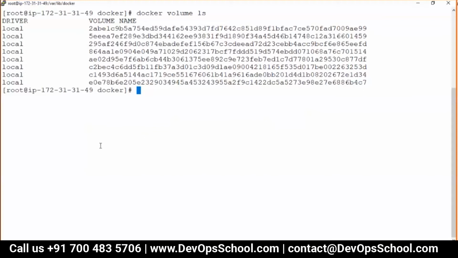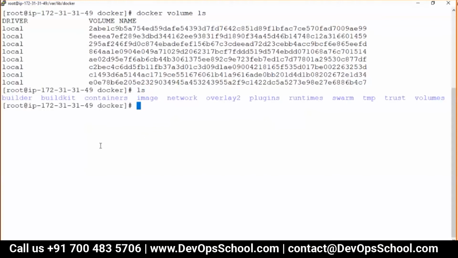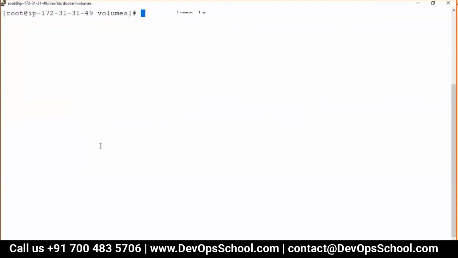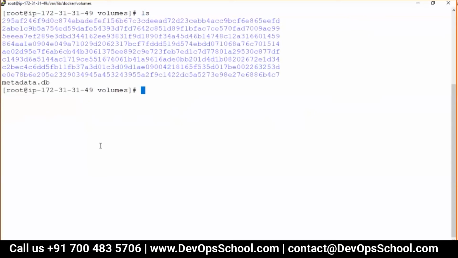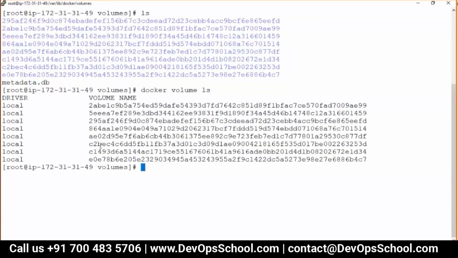Can I go and check? Go to the volumes directory, and here I got these volumes. And docker volume ls, if I do, they're there. Look at this. How come these volumes are there? I'm not able to understand. The answer to this question is hidden in the image of Jenkins. Yes, the answer to how these volumes are there is hidden in the image of Docker.